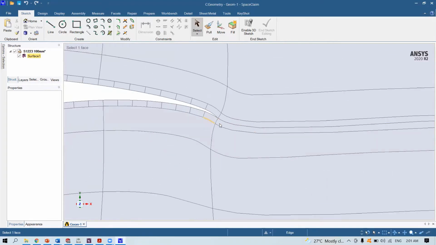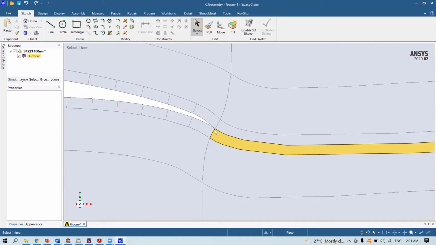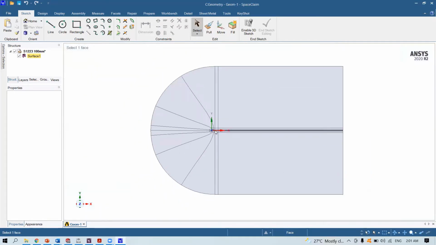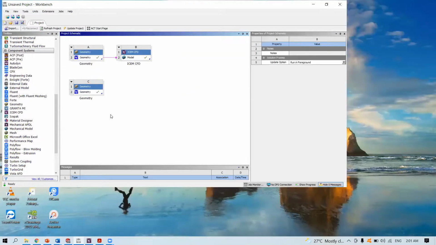Okay, you can just double check near the trailing edge. Okay, everything seems okay. Now I can just exit. And just call out ICM.